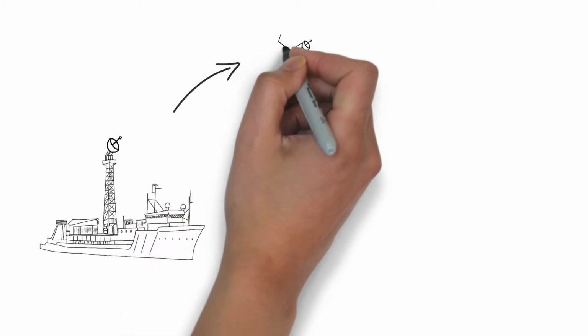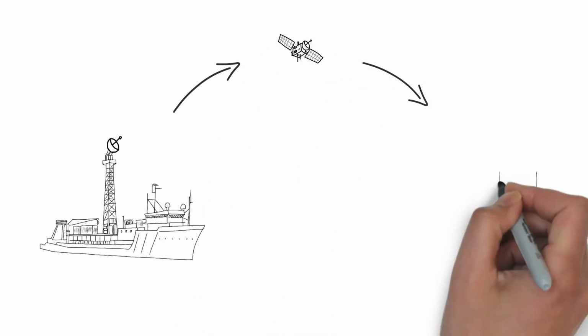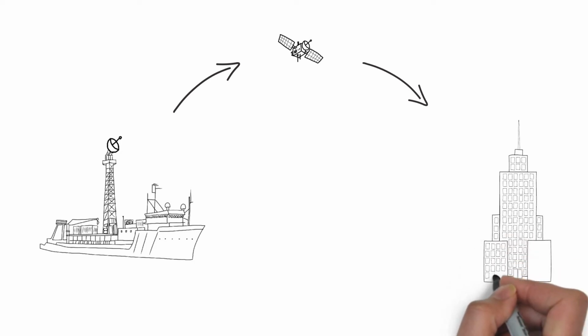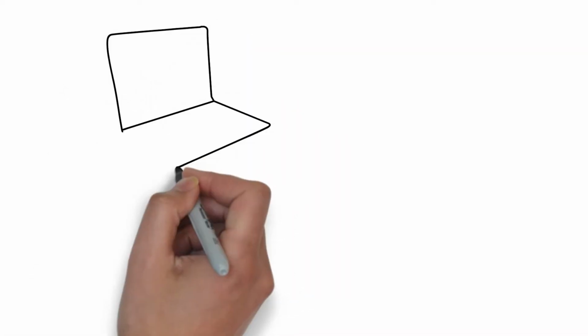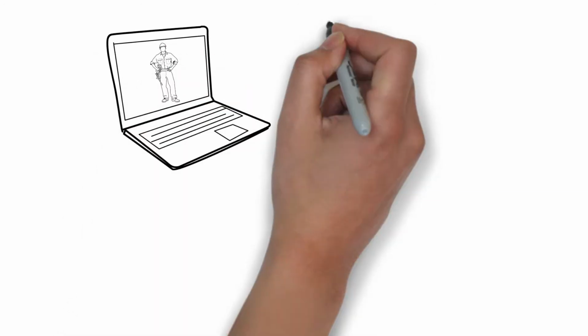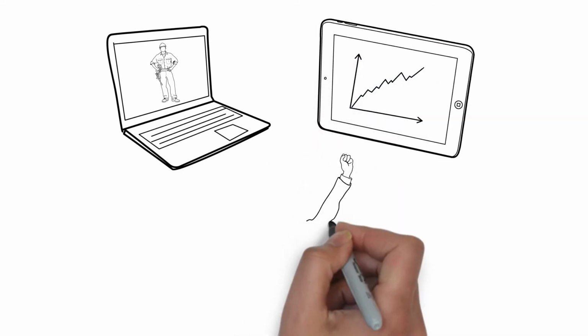The big dish then communicates to a satellite up above, and that sends it back down to a teleport that connects into a series of terrestrial links that eventually wind up at its home office. People and systems then share the data. They can use the connection to talk or video conference. On land, companies can analyze the data and send it back through the same dish, allowing those on board to